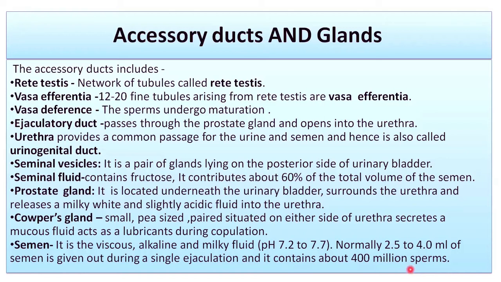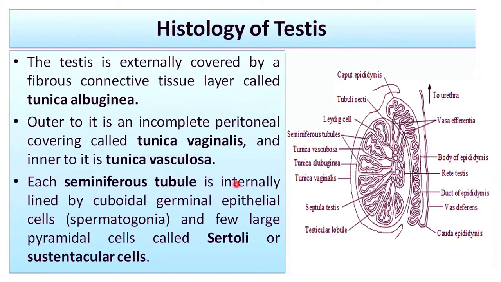So everything is related to the semen. All these points are from the diagram I explained here. Now again we will go to that diagram. I will explain this. Here is given the seminiferous tubule attached to the rete testis. Sperm will transfer from these to the rete testis, then the vasa efferentia. Then all these are the tube, that is the duct of epididymis, and then the sperm will transfer towards the